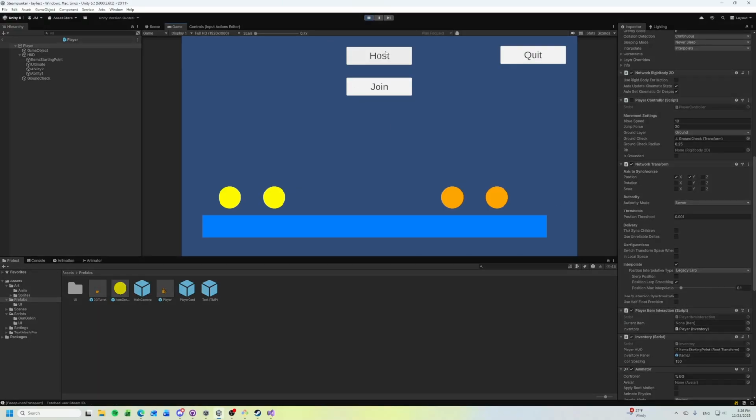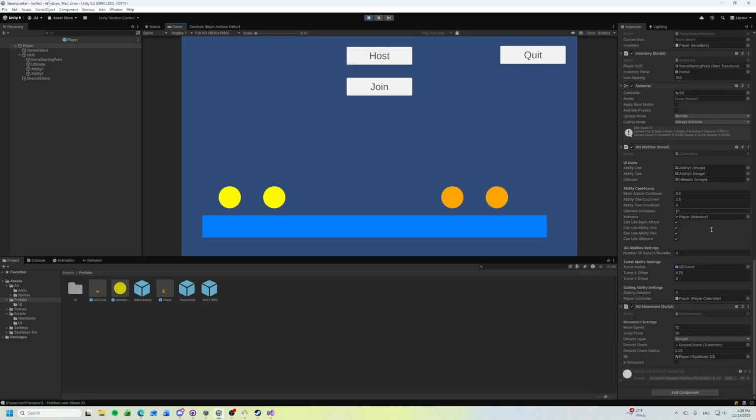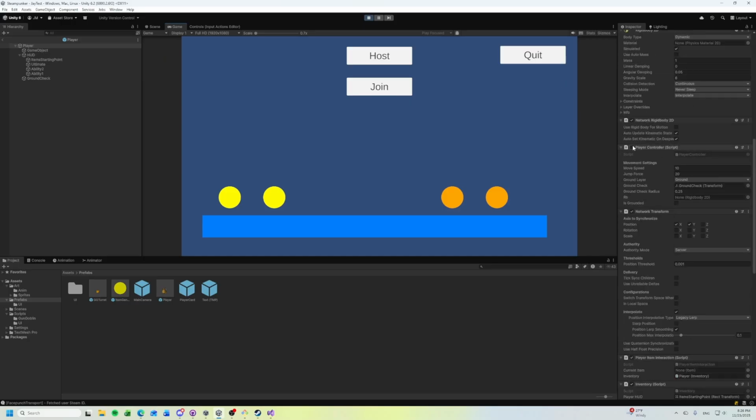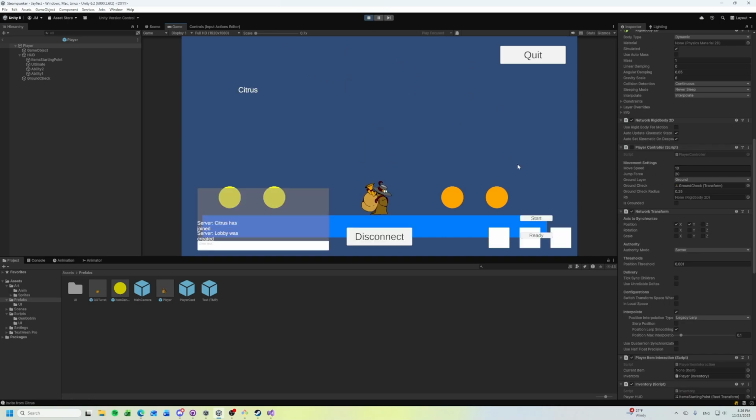I think both movement scripts become active after the ultimate, because what the ability script basically does is it will turn on the player movement script after the ultimate is finished. So even though we have this player controller turned off right now, and we don't want it to be on during this scene, what's going to happen is I'll do the turret ultimate, and once that finishes,